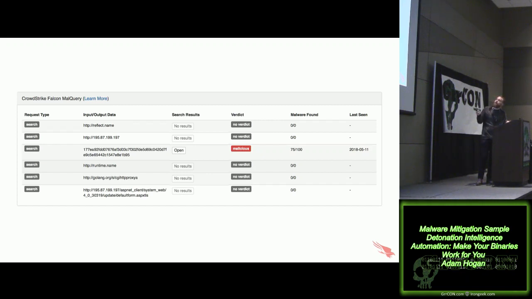It didn't find anything else in there, but it did extract a bit of code that I determined was semi-unique and searched the malware database for that. We found at least 100 samples there. 75 are already malicious, so we can drill into that. So now we have not just the one malware sample from where it turned up on the endpoint, but 100 other ones, related from the same threat actor. So we can take a look at how that's changed over time. We can take a look at how the C2 has changed, right? We had unique URLs here, so we want to take a look at how those are changing from looking at the related samples.